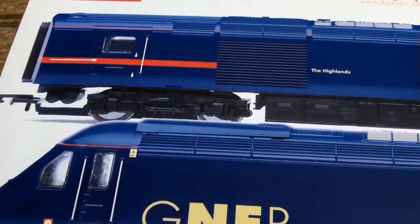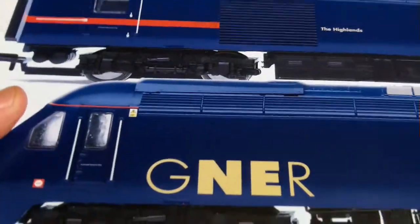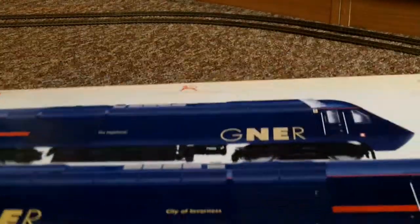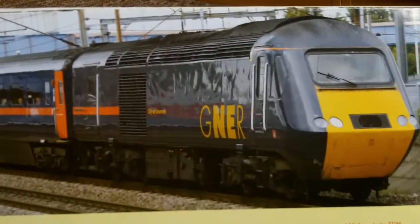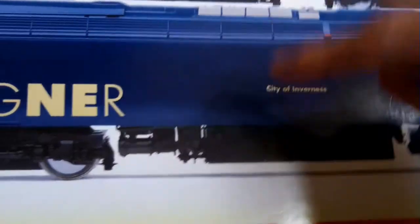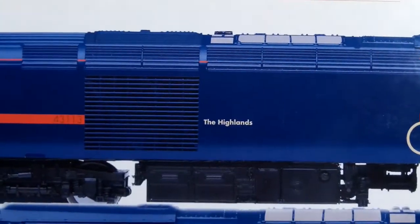I think I can vaguely remember them in the InterCity Swallow and 125 liveries, but mainly GNER running on the East Coast Main Line. I've got a nice picture on the back of this. That's the picture of the real one. Well, of this power car here with this City of Inverness name on, and the other one called